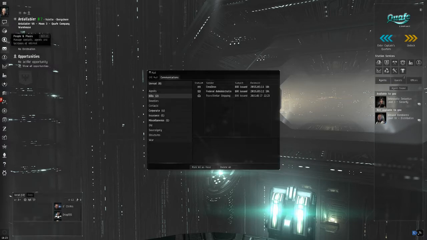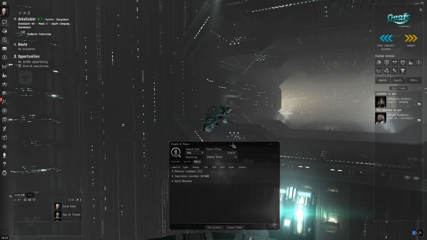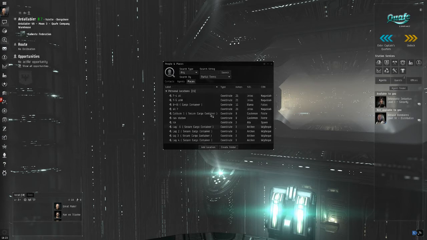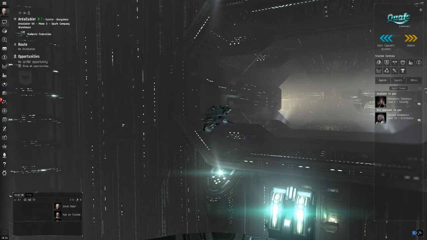Then we have people and places. So these are basically bookmarks you can make, and the location of people like agents. They're my personal locations, which are probably all useless now, for various mining spots and other things, all out of date. Corporation locations, these are for the agents, which give you missions. You see there's 2 over here. Agent missions, I'm not on any at the minute. So these, the first agents which will be available to you will be in your...